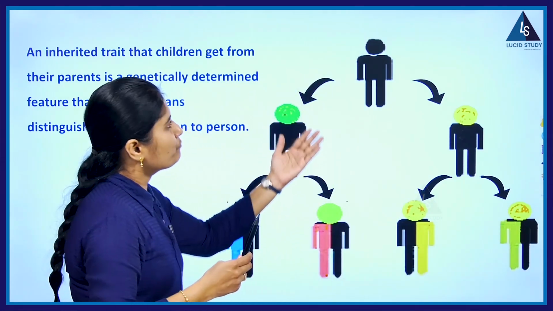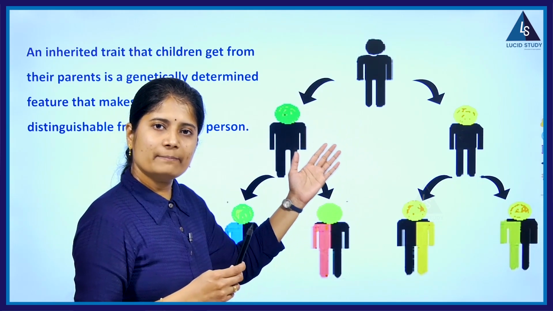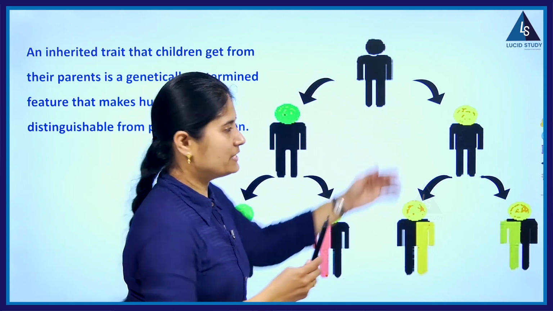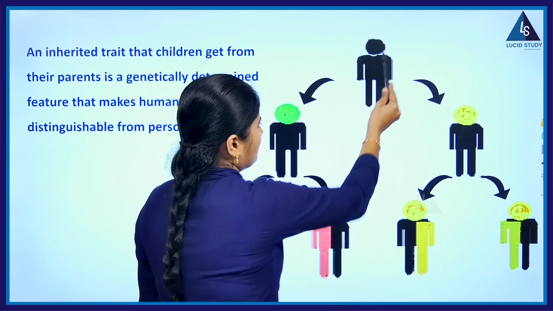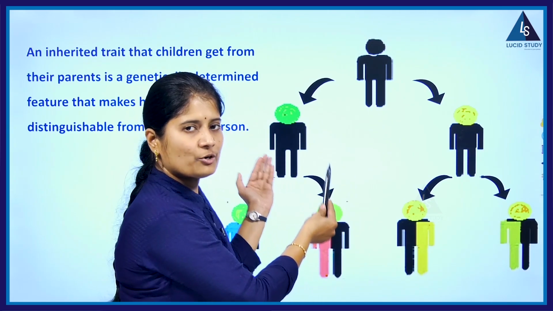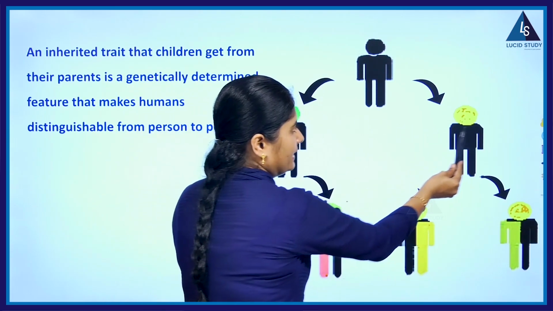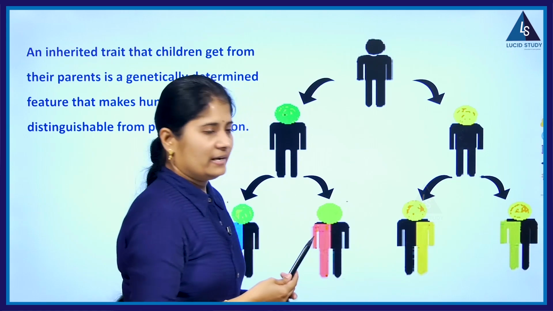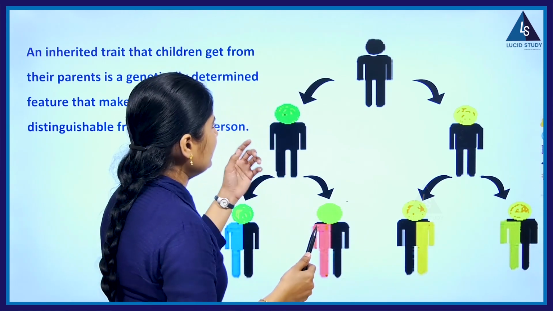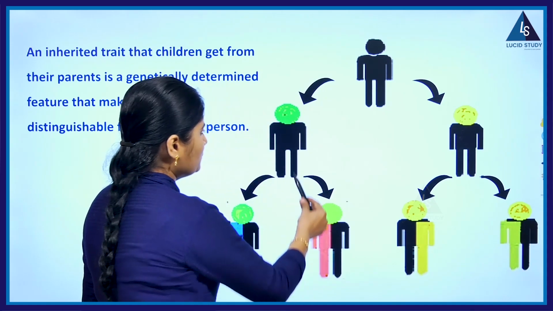So, here if we see a few people, comparatively what is the difference we are going to observe in the particular diagram? See, as you can see, a person who has a black head. Whereas, if you see the other generation on the other side over here, you are going to observe the green colored head as well as some yellow colored head. And if you see the genes, they are quite different in both of them. And once again, in the further generation of these people, you are going to see the variations